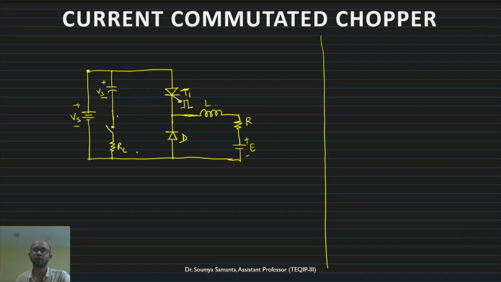Along with that, we have drawn here this diode and an inductor, and this was connected here. Along with this, there is another thyristor. This is the auxiliary thyristor, the thyristor used for the commutation purpose. We can directly connect it here also. This is TC, I have given the notation TC. This is DC, this is LC, and this is the capacitor C.